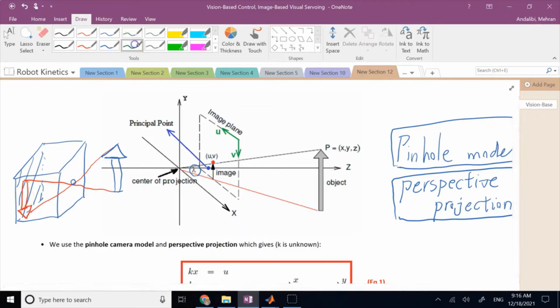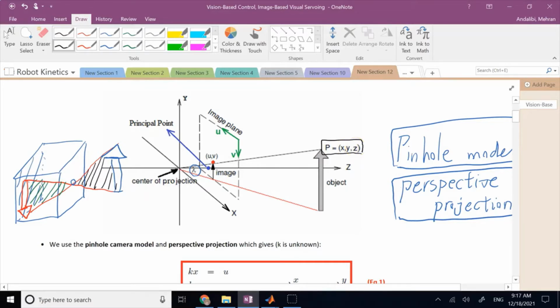And again, as I told you, we use the similarity of these two triangles, this one and let's say this one here. Since these two triangles are similar, we use the similarities, and that would give us a relation between the coordinates of point P, X, Y, and Z, which are in the camera frame. Okay, so this P is not in the world frame,